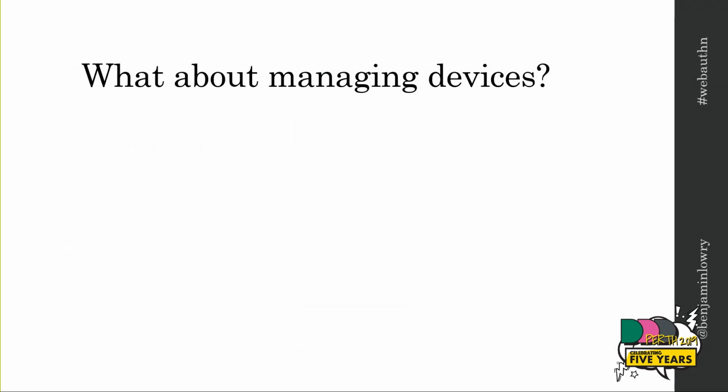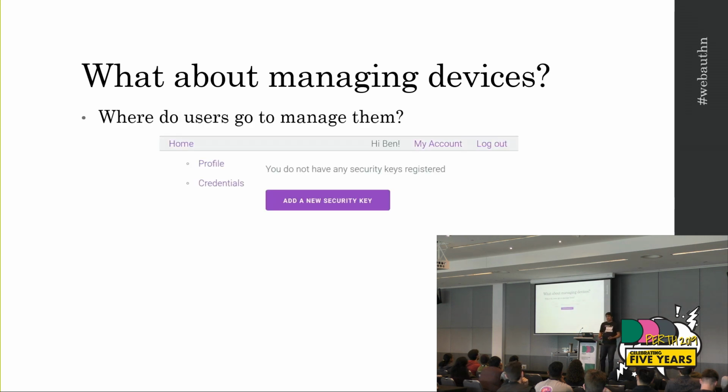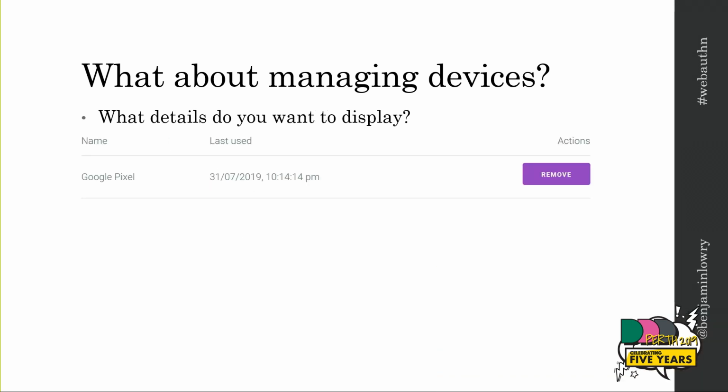Then you think about things like managing those devices. You might have one authenticator. If you do buy a YubiKey or whatever, you probably want to get two, and then you can keep one on you, so you can use it all the time. Another one is a backup that you keep in a drawer at home or whatever, in case you lose it. So you've got to think about where someone's going to go to manage those, and how you'll identify those authenticators on that page. Maybe you've got things like the date you last used it or the date you added it, so that you can decide if it hasn't been used in a while.